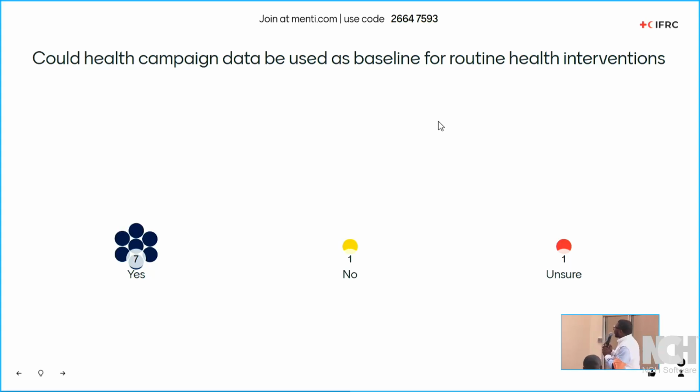So let's see, could health campaign data be used as a baseline for routine health intervention? 7 people have said yes, 1 has said no, and 1 is unsure. Okay, 8 people now are saying yes. Could we get up to 15 responses? Oh, 9, let's see. 10, okay.